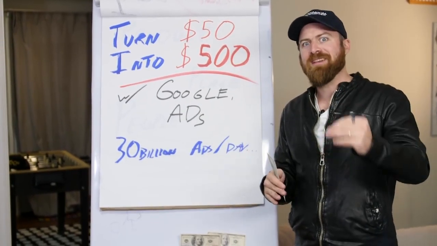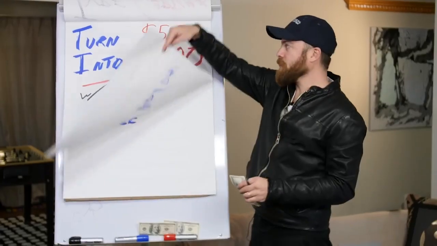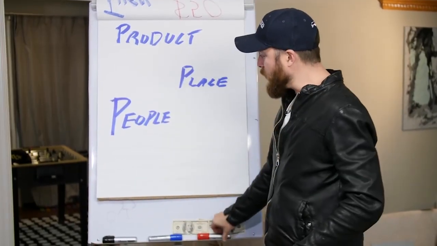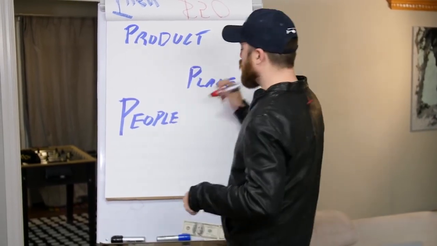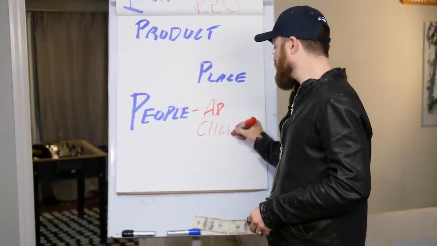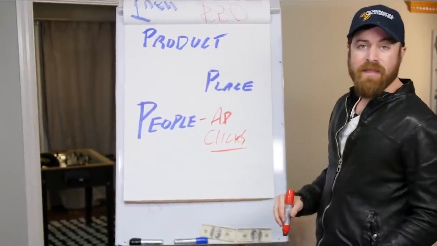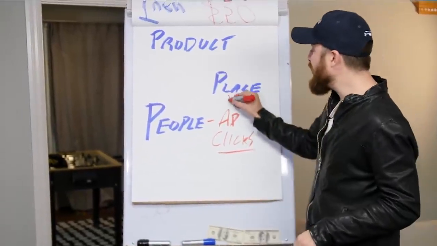And my goal in life is to be the number one marketing teacher. Let me explain to you the system real quick. First off, the way we are reaching people is through Google Ads, and what we call this is clicks. I'll talk about clicks. That's how we measure getting people to our ads. The place that we're going to be selling people is a website.